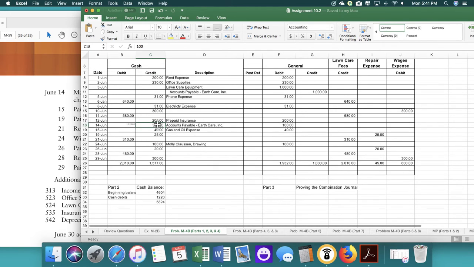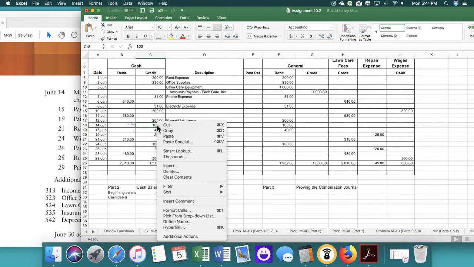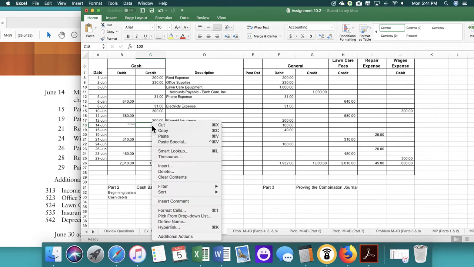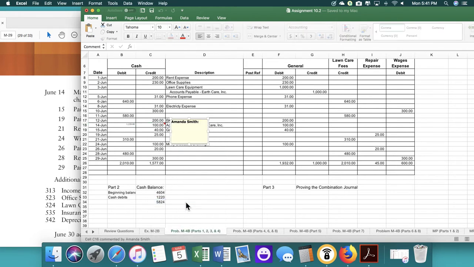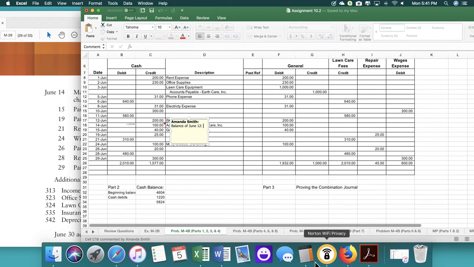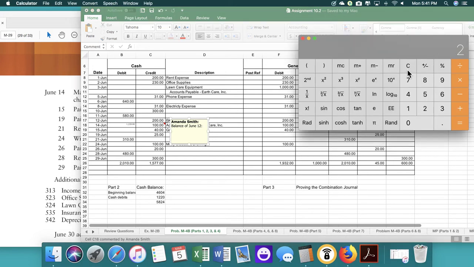So for this, because of how we're doing the forms in Excel, I would more probably do an insert comment. So you would right click, click on insert comment, and then you could put balance as of June 12th. So then we'd have to do the math. 200 plus 230, 31, 300,